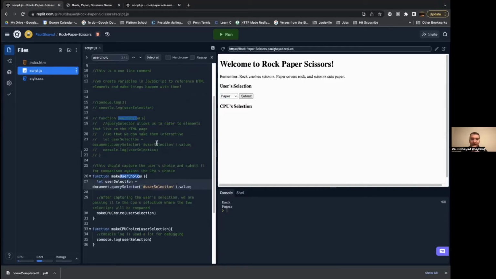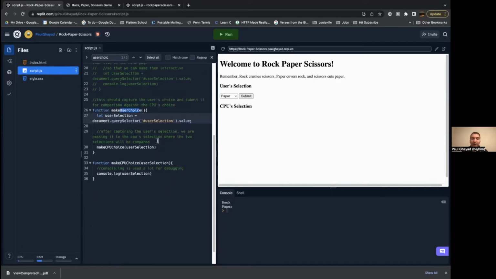Oh, okay. I see what you're saying. Sean, thank you. So now we're going to do the random selection for the CPU. Here we go. Let's declare a variable, let random, ran CPU